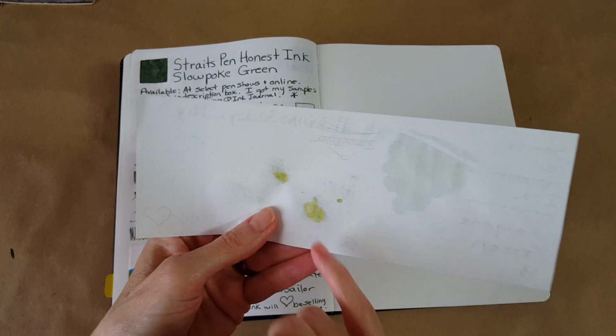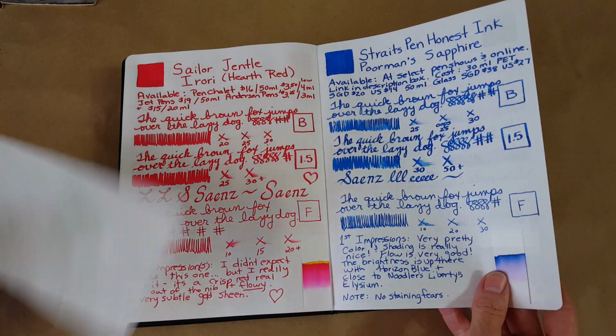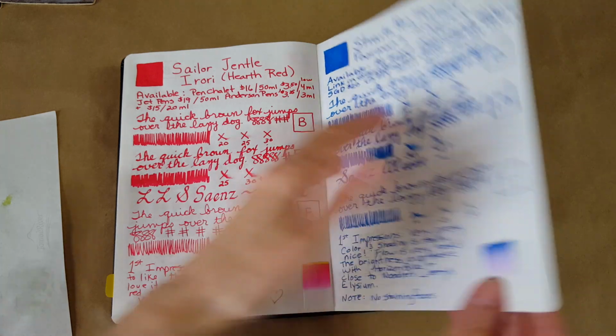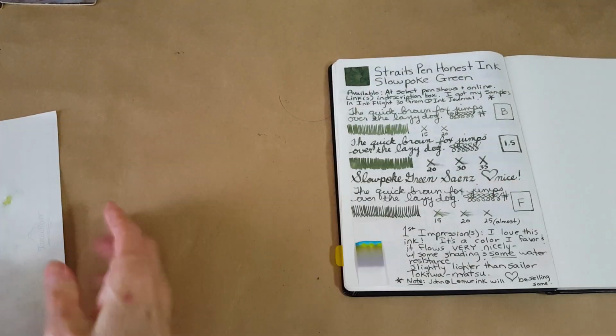Oh, we had a little bit of bleed through or seep through on the splattering. And here, there's only a ghosting on this 68 GSM. So let's just push that aside, and let's look on the